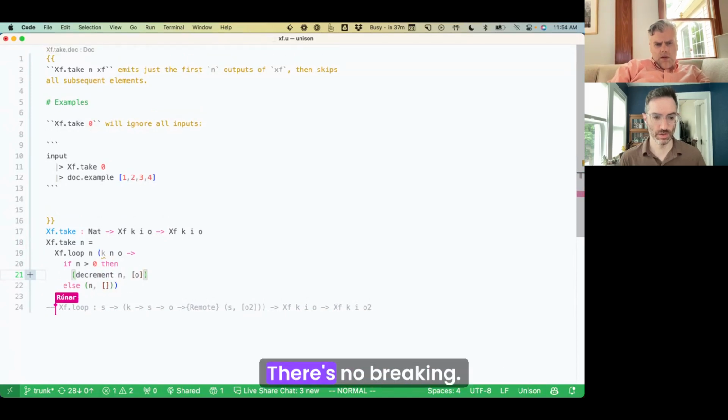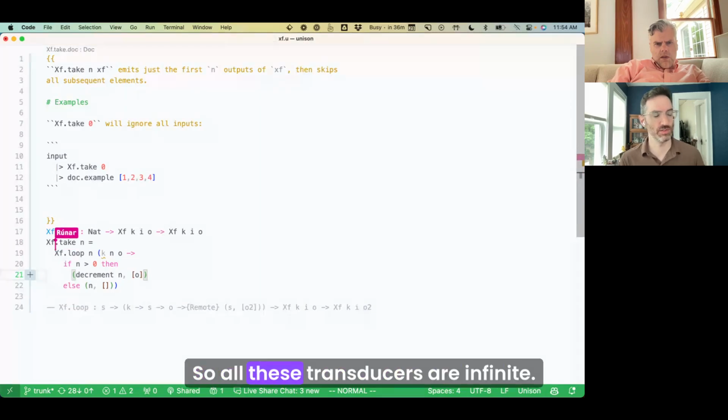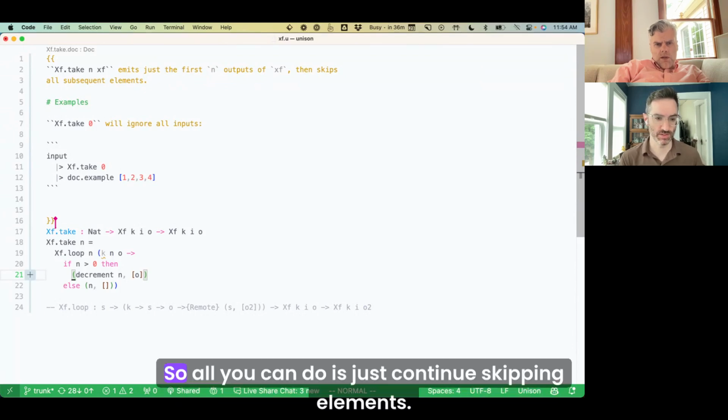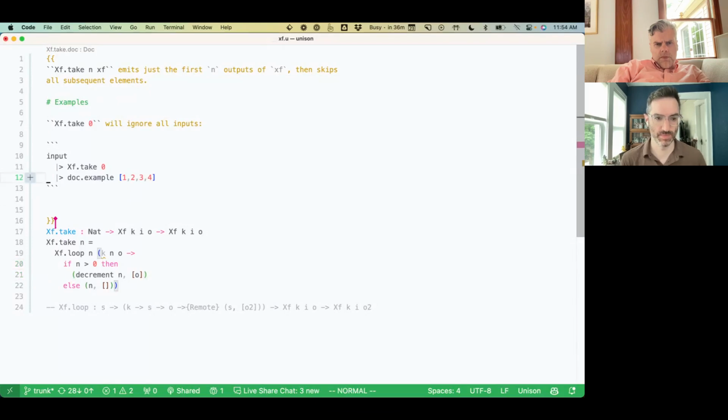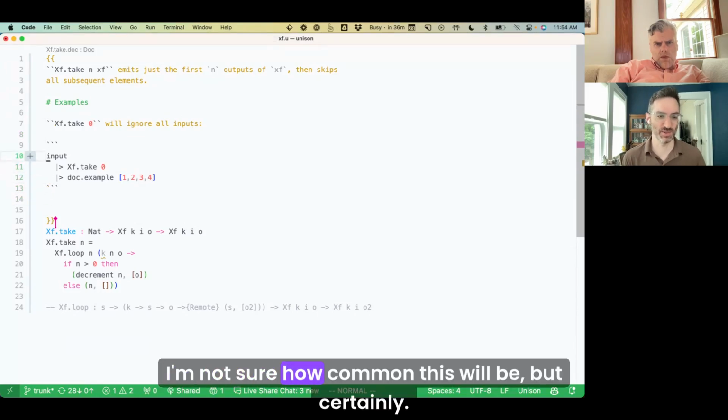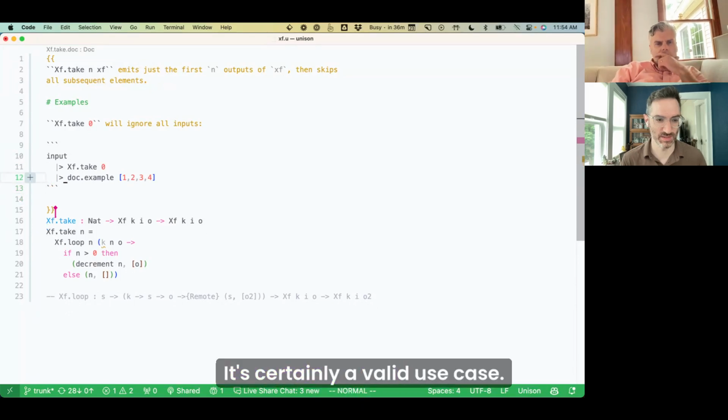That's it. There's no breaking. So all these transducers are infinite. You give them infinite input, and they're going to do something with that input. I see. So all you can do is just continue skipping elements. I'm not sure how common this will be, but it's certainly a valid use case.